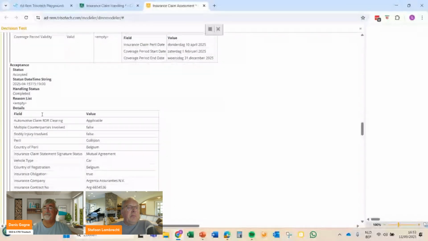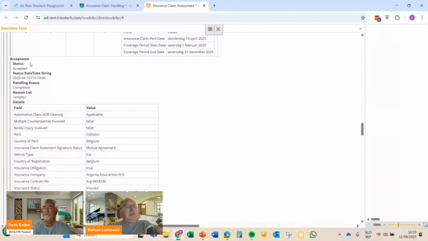Then the second part is the acceptance. And also here we've got a positive or a happy flow, because also that one is completed based on the information that I just mentioned. The status is, it is accepted.